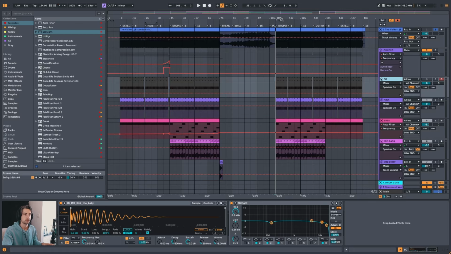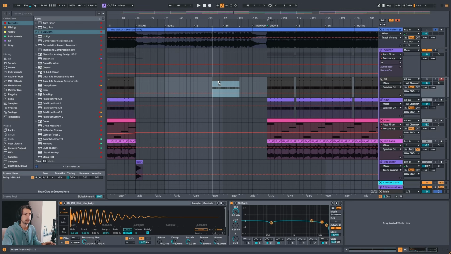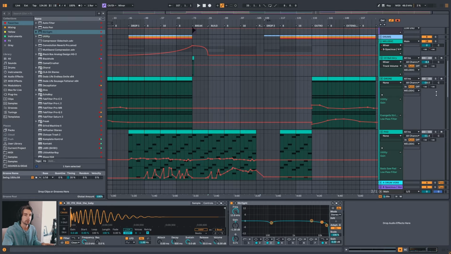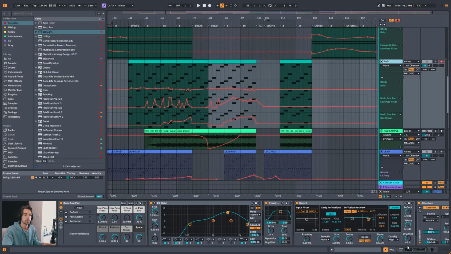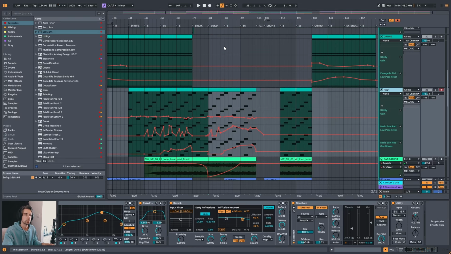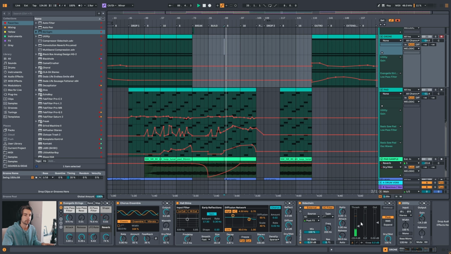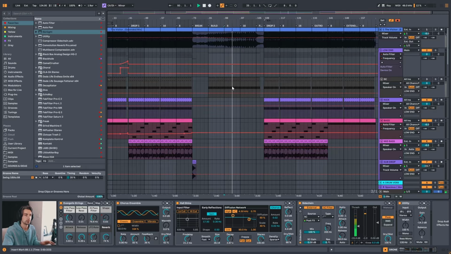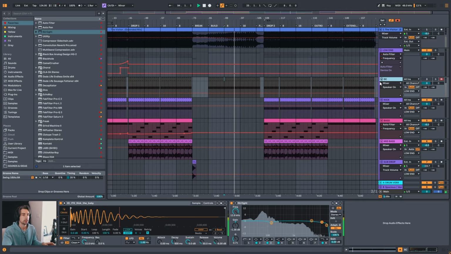So we can now drag the MIDI here, and then it's muted. And now everything that has sidechain enabled to it is still going to pump. So here, see how the sidechain's still going, even though our kick's not present. So that's cool. And then a way to even control